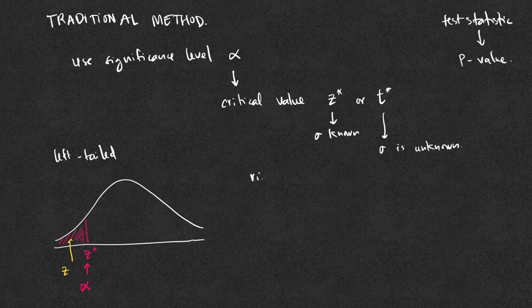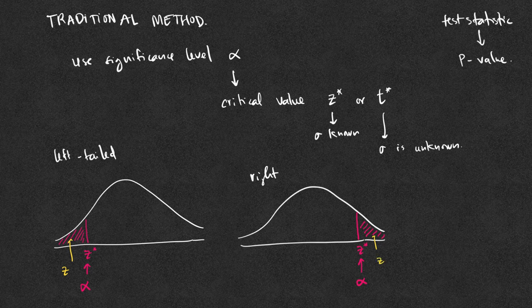For the right tail test, we would shade the area on the right hand side, and so using the significance level alpha again, we find the corresponding critical value. We shade the rejection region. Any test statistic z, or again for sigma unknown, we would use t. Any test statistic that falls into the rejection region, we would reject the null hypothesis. And for the right tail test, this means if any test statistic is more than the critical value, we would